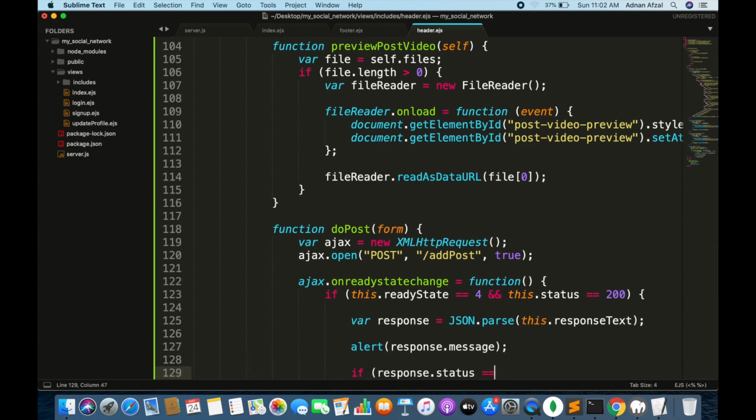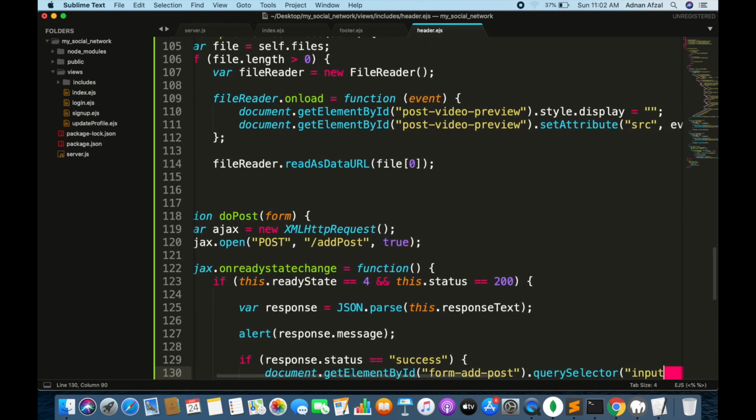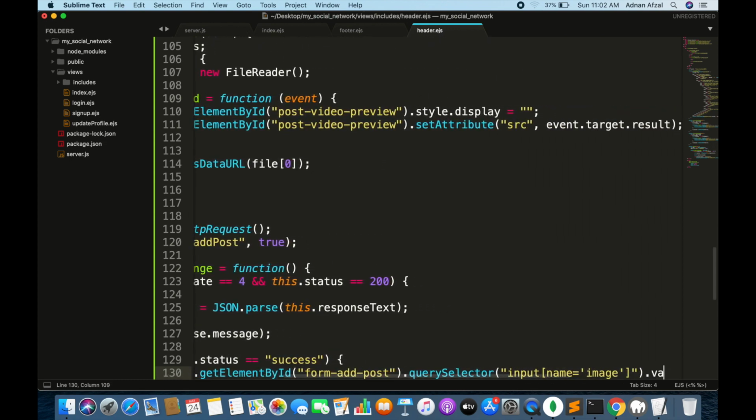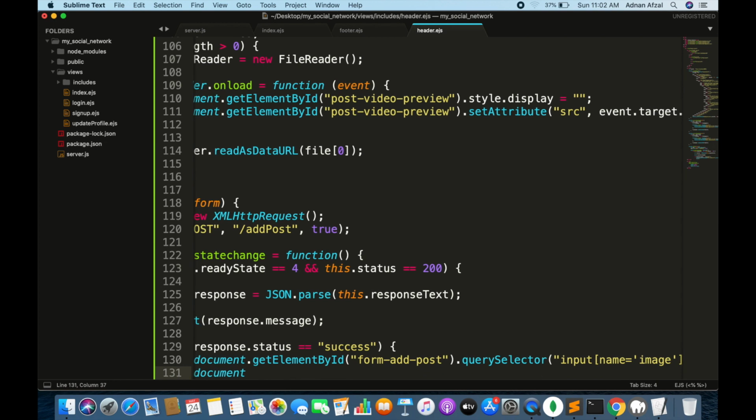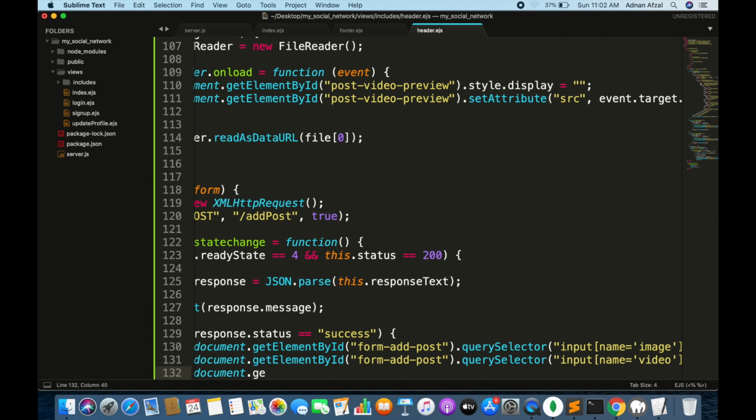And if the response received from the server is success, then we will remove the image and video from the input type file, and empty the text field for caption.